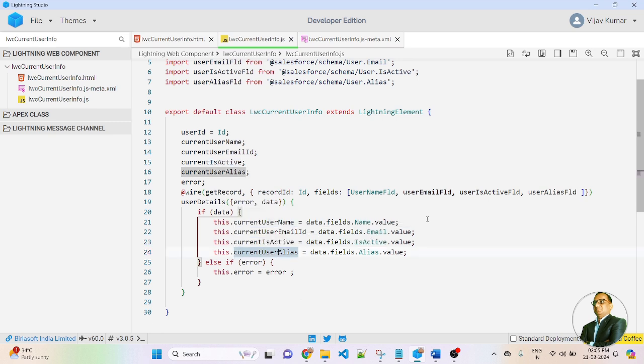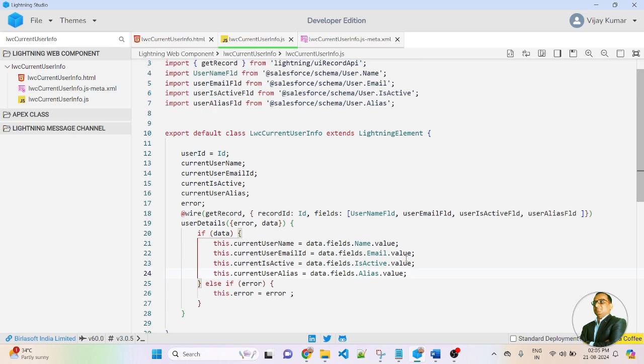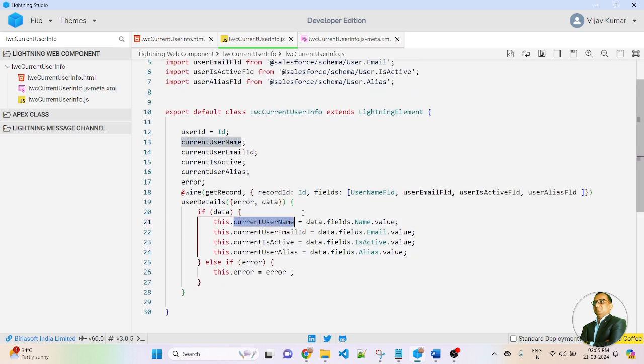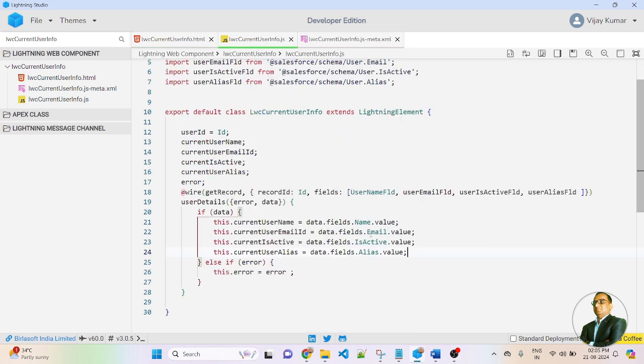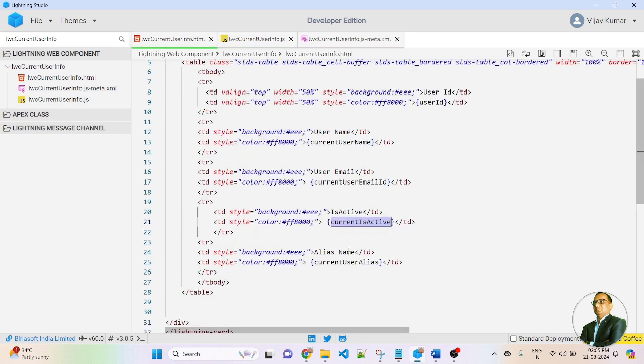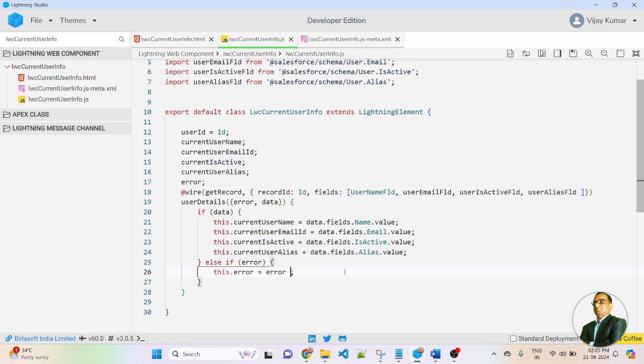So in each variable I am storing a different value: name, email, is active and alias. This variable I am calling in the LWC component to display the value in the LWC component.